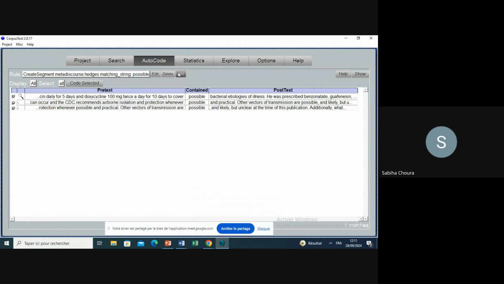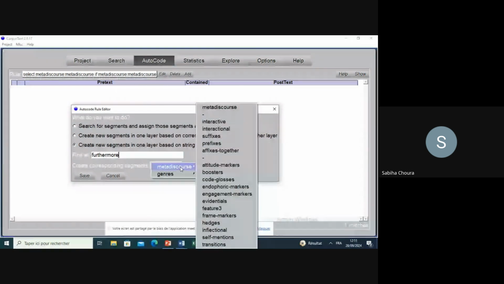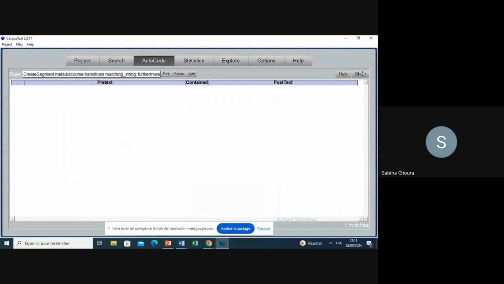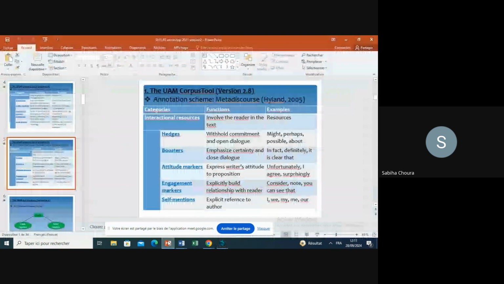Let's repeat the last one with "furthermore". Add, "furthermore", add, create new segments, and then I write "furthermore". And then transitions. Okay, save, show. And we have all the instances of "furthermore". So I click on the button code selected. Okay. So I've tried to show you how to have this kind of automatic analysis